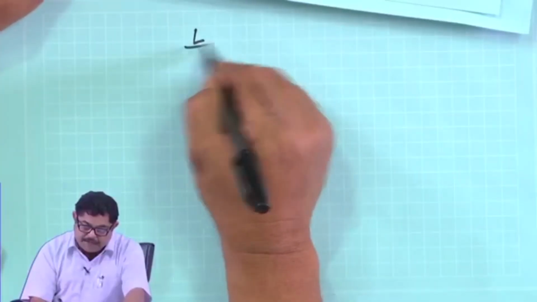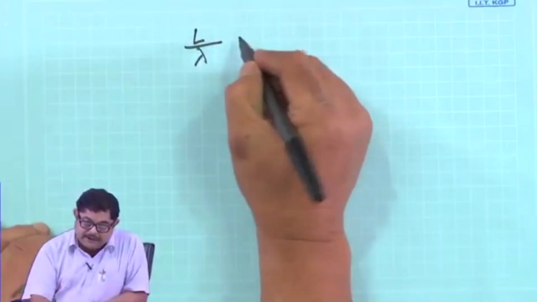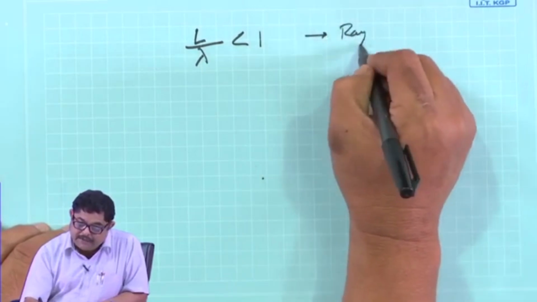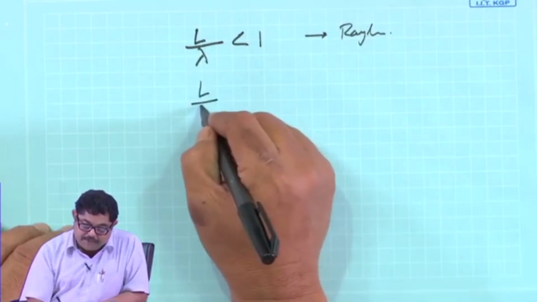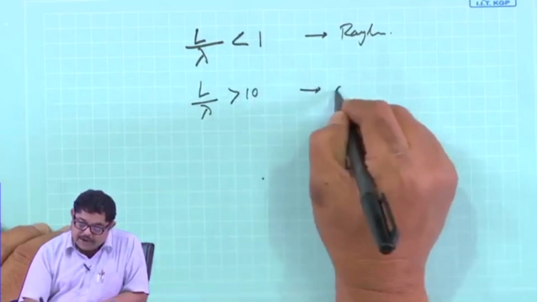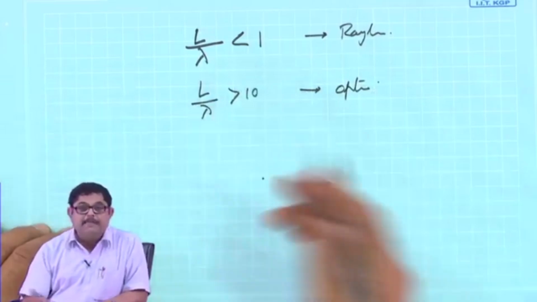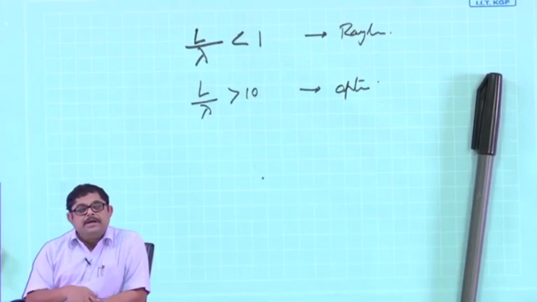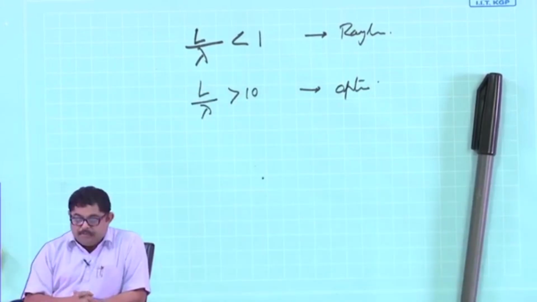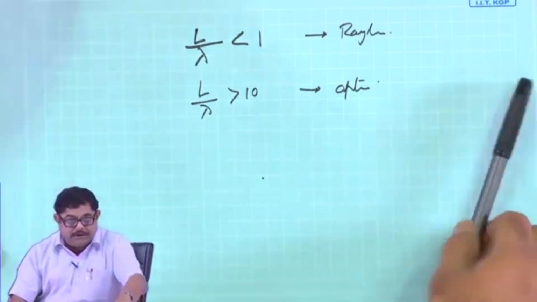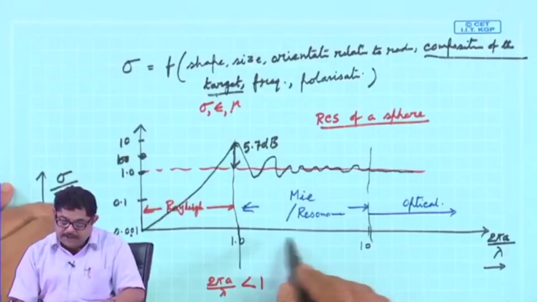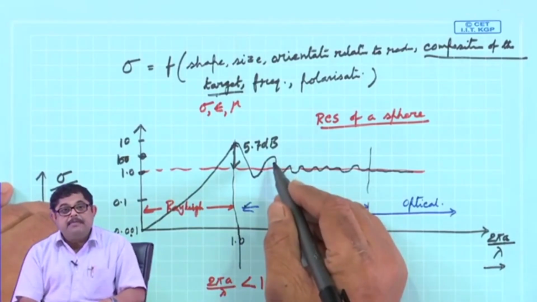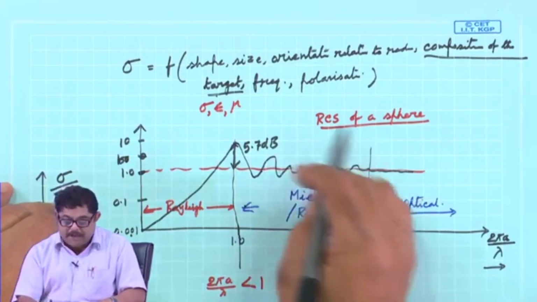Now, L by lambda actually is this: L by lambda less than 1, you are in the Rayleigh region; L by lambda greater than 10, you are in the optical region; L by lambda in between, you are in the Mie region. Generally, microwave frequencies and the objects that they see fall in this Mie region. Now, from this graph it is seen, if I say the x axis is L by lambda,